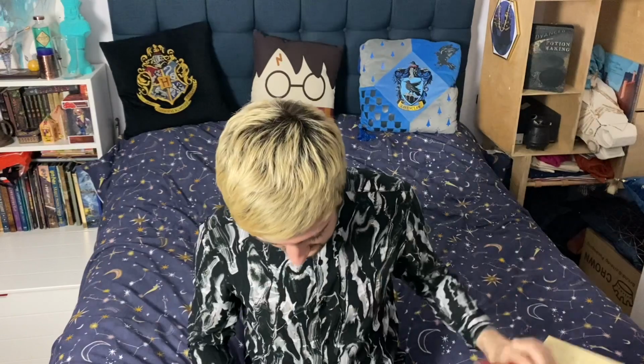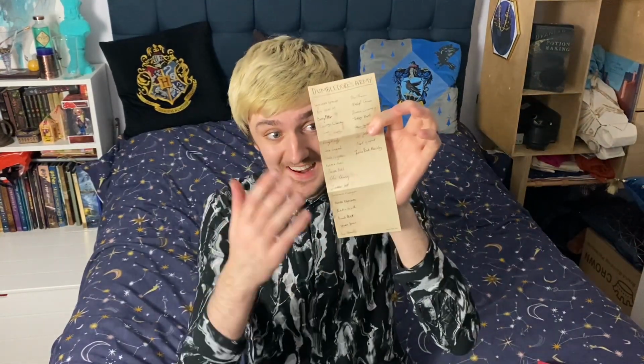Let's just take a quick look. So just some of the stuff that it comes with. We've got the timetable, the flag, the keep out sign. We've got Dumbledore's Army list. We've got the little sticker, this notebook, the pencil, Patronus cards. So much packed into such a tiny little